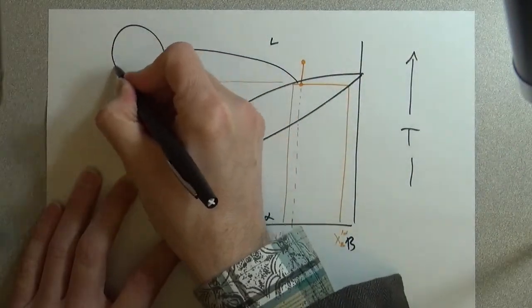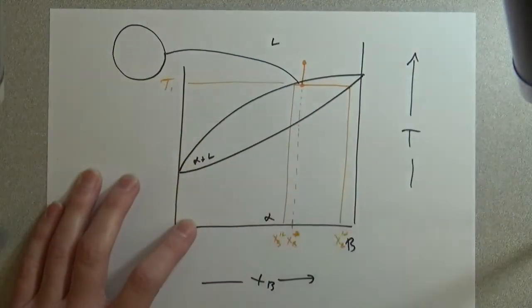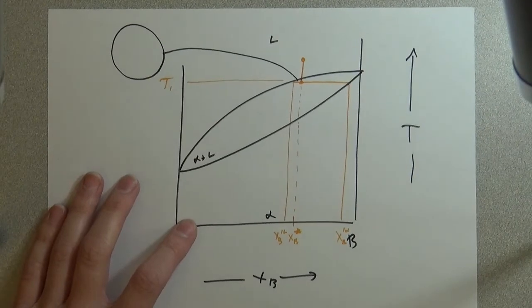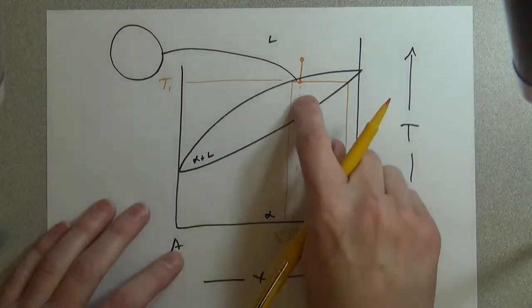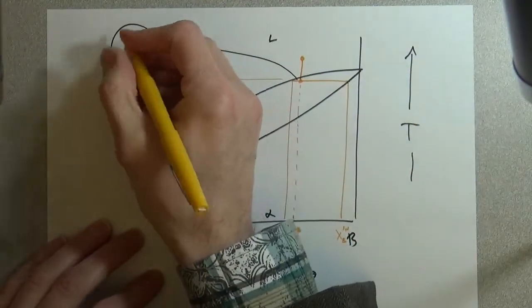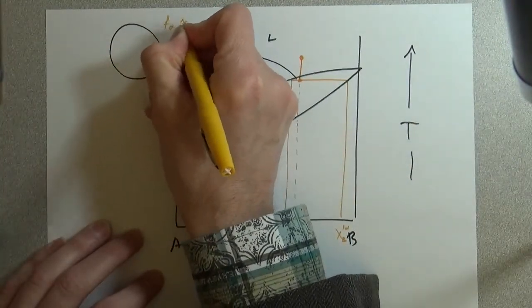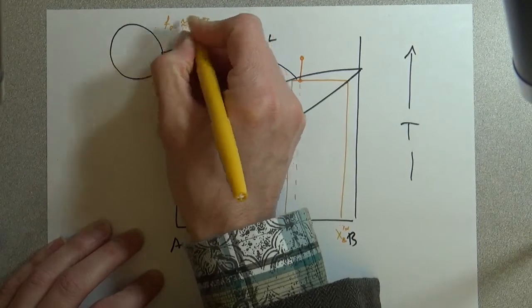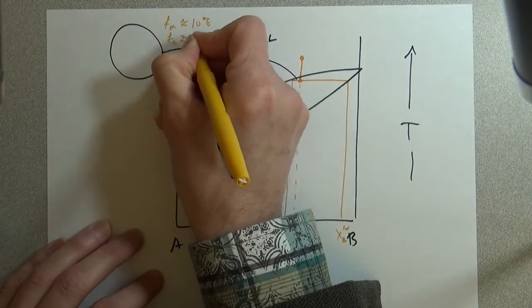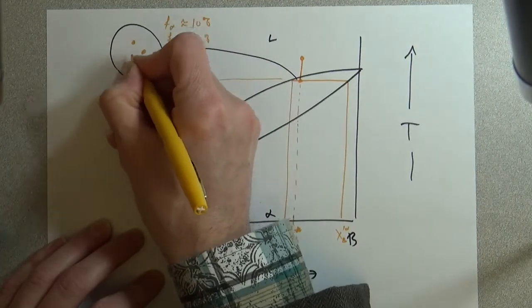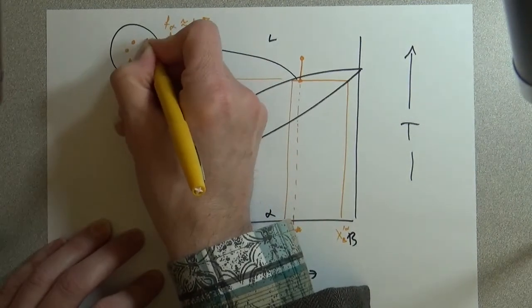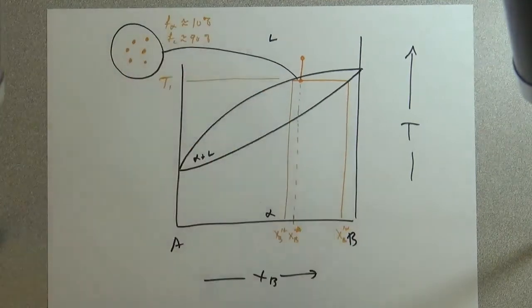is going to look like this, and we have a little bit of alpha, looks like about 10%. FL percent. That's kind of like this. Okay, so now if we take and we cool this further